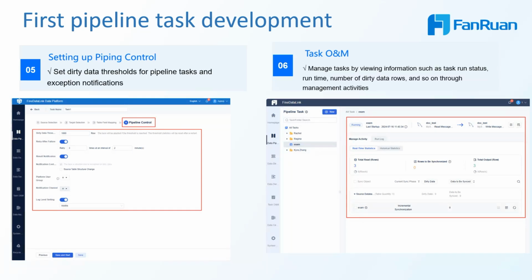Finally, there's task operations and maintenance. In the task interface, you can manage activities, view task running status, running time, and handle dirty data. Next, let's walk through setting up the first pipeline task with a